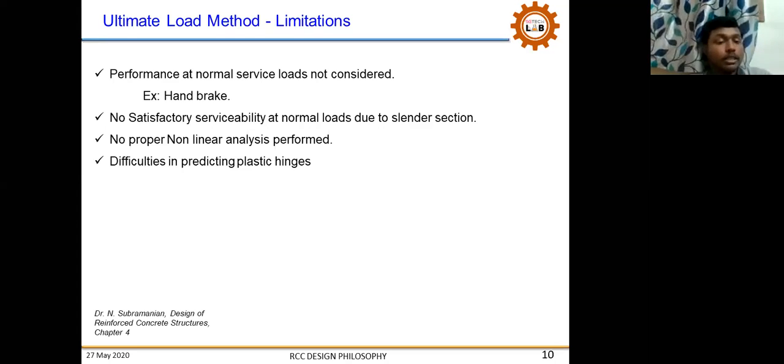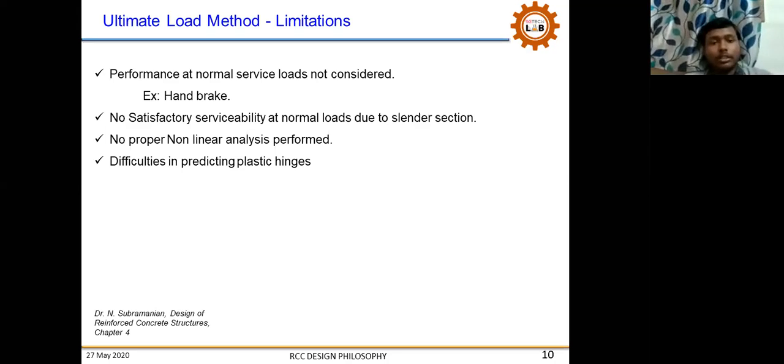And the major difficulty is predicting plastic hinges. These sections are slender, as I told you. So these sections will automatically bend due to their own self-weight. In that case, plastic hinges form at a very early stage, so people will not have enough warning to identify them. That becomes another difficulty. So now people have to have a design philosophy where they perform better and consider all these malfunctions as a good example and work on it.